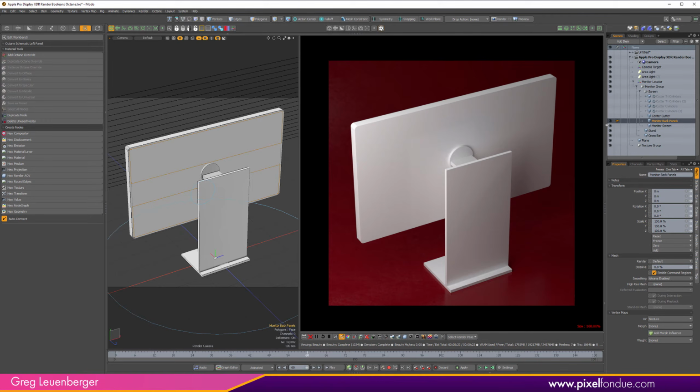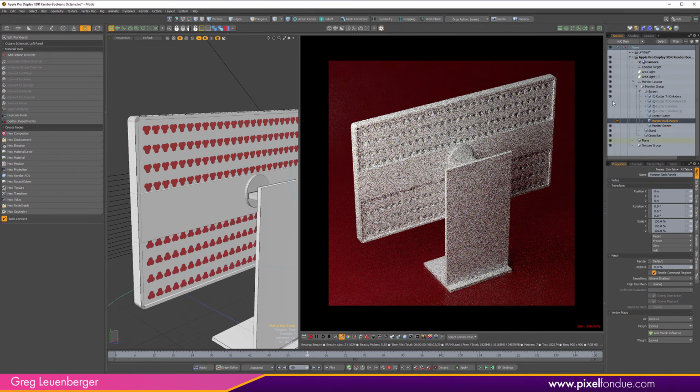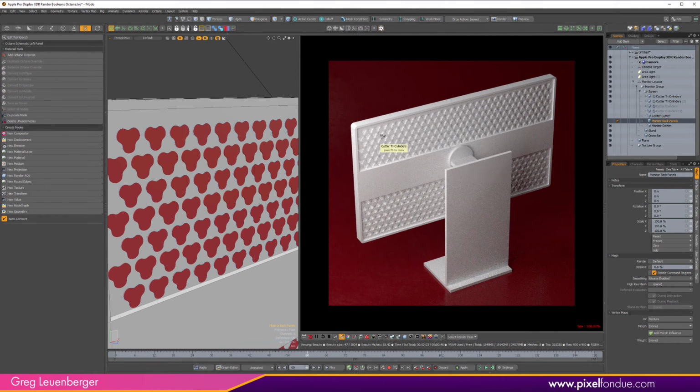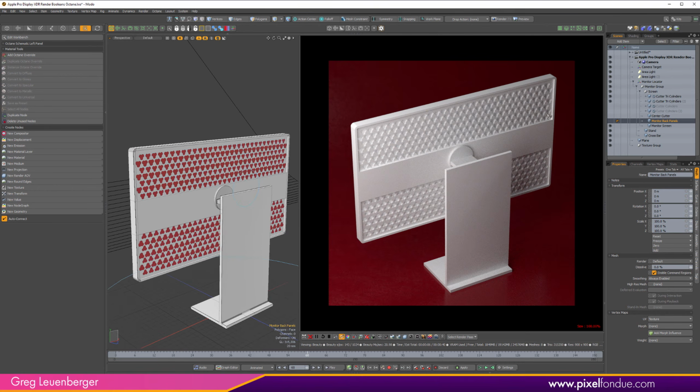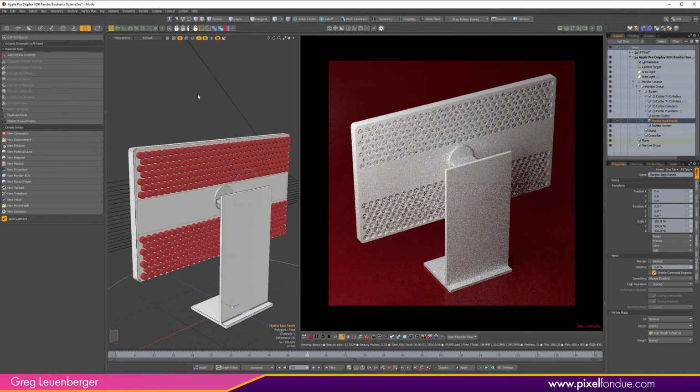If I hide these back panels here, and let me go to perspective view, and pop on these first set of cutters, you see these red parts right here. They're cutting these initial holes into the back. And then if I turn that back panel back on, they're being hidden. And then if I turn on these new sets of cutters, these circles, they cut into that outside panel,